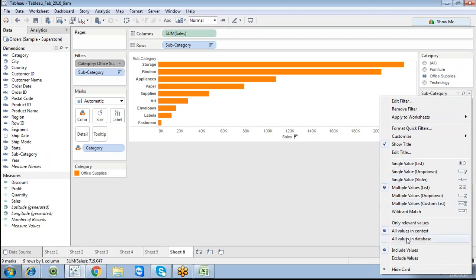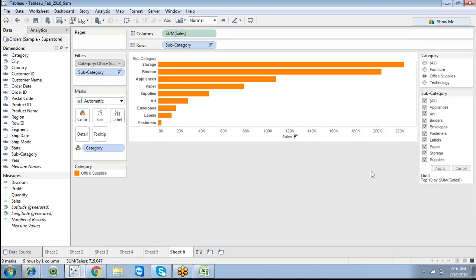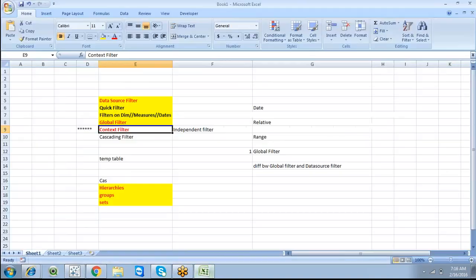We can discuss all these options' relevant values, or we can go with customize, and I'm going to discuss the show more or fewer button tomorrow. So that's it. We can discuss more on things like hierarchies, groups, and sets. Yeah, thanks.